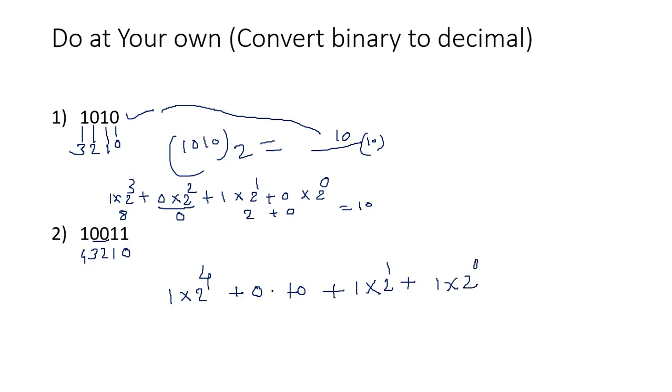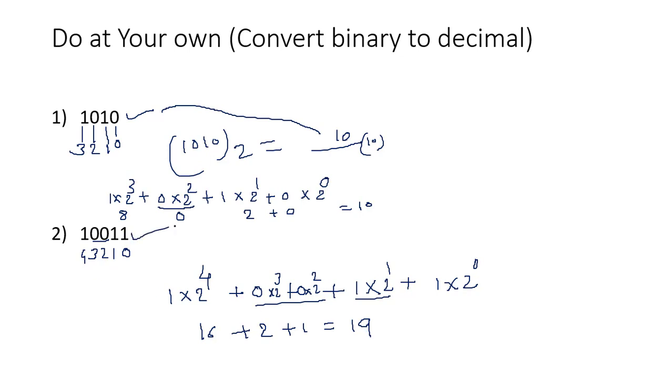अरे यहाँ पे भी आप लिख सकते थे जैसे 0 cross 2 raised to 3. यहाँ पे भी आप लिख सकते थे 0 cross 2 raised to 2, but it has no meaning because it's going to make it 0. Right? Now if you do the sum, 2 raised to 4 is what? 16. 16 into 1, that is 16 plus, ये दोनों 0 हो जाएंगे, ये क्या हो जाएगा? 2. 16 plus 2 plus 1, and so it's nothing but 19. Right? So this is equivalent to 19 in decimal.